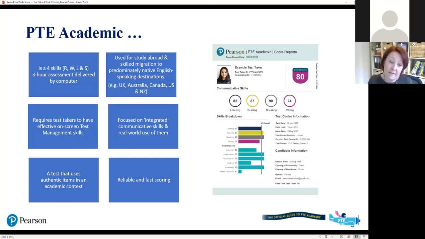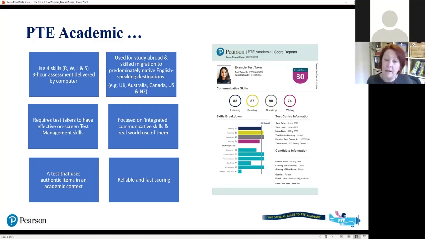It requires test takers to have really, really good on-screen test management skills. Again, we'll talk about this in more detail, but it's not only having perfect English or good English to do this test. There's a number of things that you need to be able to do in order to manage the test as well. You're not tested on those things, but you need to have those skills to do the test.